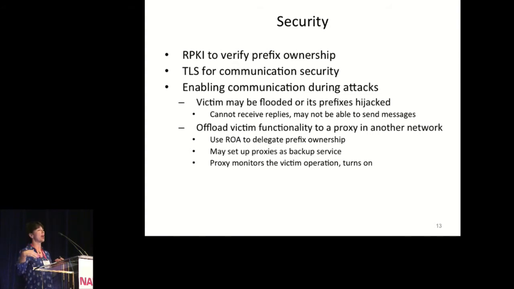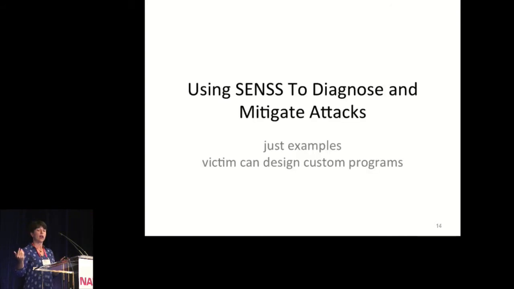If the victim prepared a proxy or several proxies in several different networks in advance and gave them the prefix ownership through route authorization, through RPKI, then these proxies can act on behalf of the victim when the victim is disabled. So I'll now briefly introduce how we could use SENSS to diagnose and mitigate attacks, and I'd like to